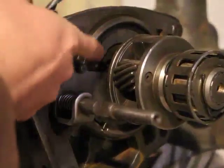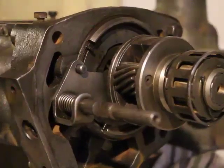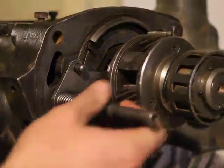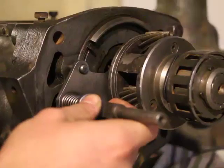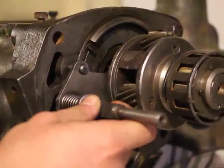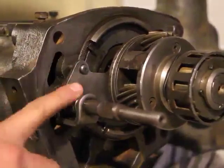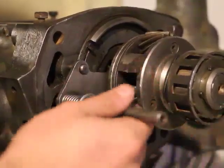So it's locking that pawl, which means that the transmission, the way it is, if it's in manual, will no longer turn in either direction, which would be disastrous if you were able to do this while the car is moving. Imagine the transmission locks. That would ruin